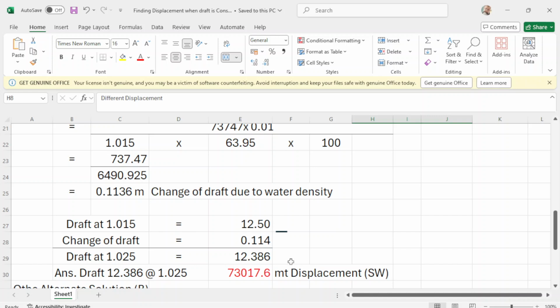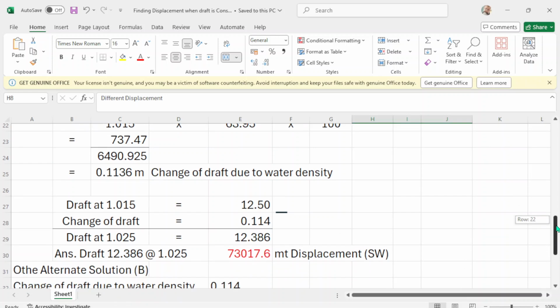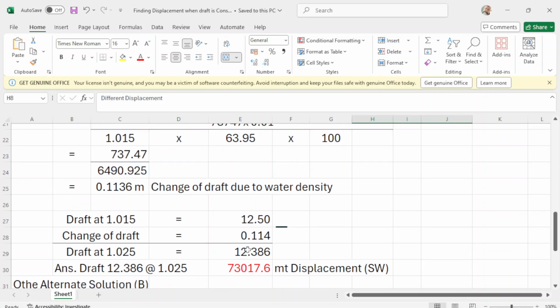Since this is your brackish water and you're going to salt water, it should rise up. So this will be rise. You deduct, and the draft at salt water will be 12.386.